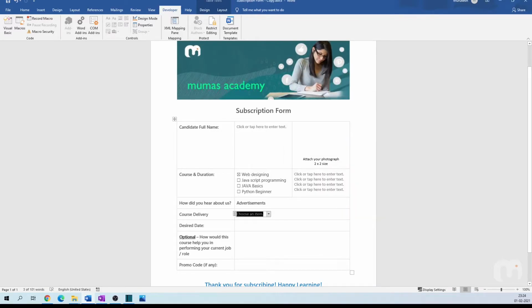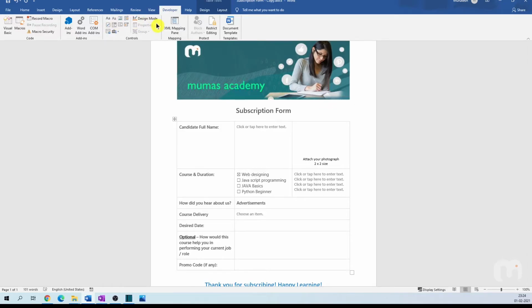Now here I see my drop-down list with all the items I added. And unlike the previous example, if I try to type in something, I'm unable to do so. I'm locked to just these options here. So that's the key difference between the combo box and the standard drop-down list.